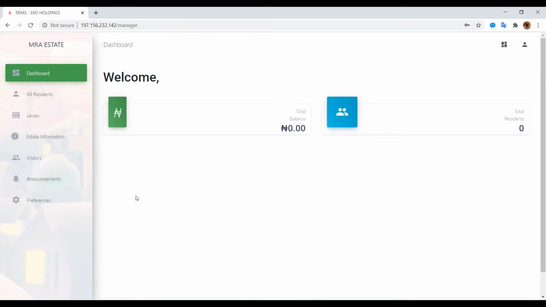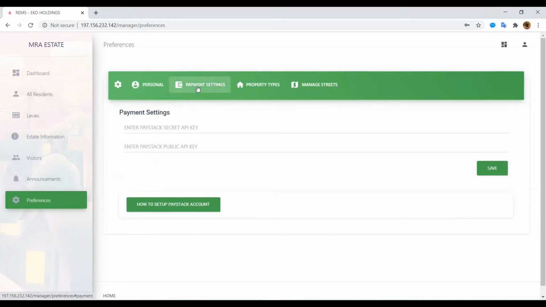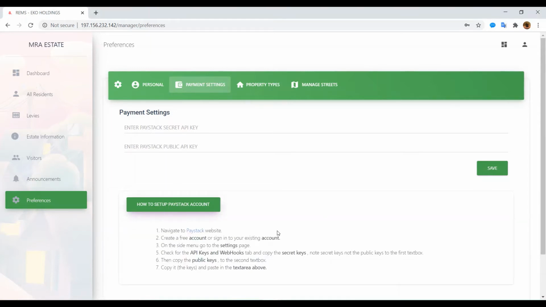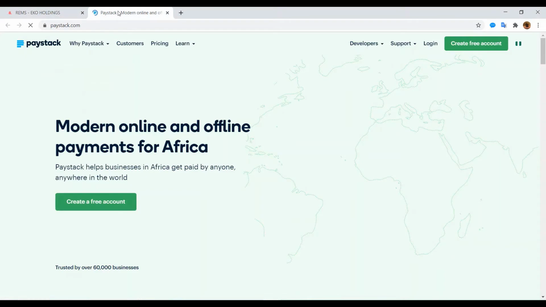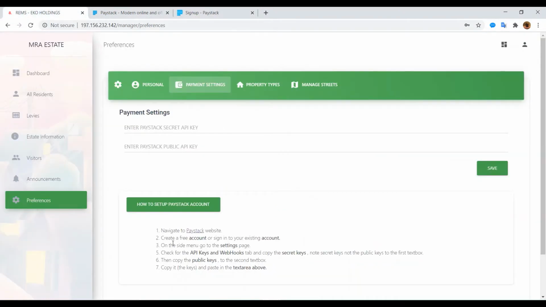So first things first, in administering this estate, we come down here under preferences and we define our payment settings. Now the application is integrated with Paystack, which means you can take payments for levies online and manage the whole flow and get your reporting on Paystack. So we've also provided a basic guideline on how to get this up and running. It's pretty simple. You just go to Paystack's website, create a free account, fill out your details, and that's it. Once you log in, you follow the steps here, and you copy the Paystack secret key and the public API key. So for the purpose of this demo, I'm just going to copy in my test keys